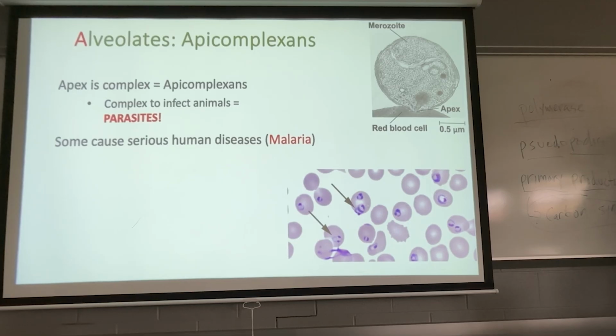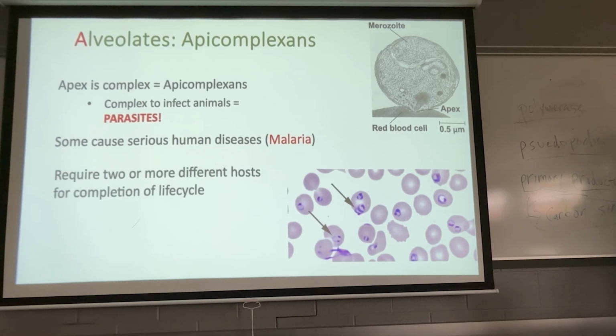Some cause serious human disease like malaria. Malaria does not only attack humans, it does attack other mammals. Malaria does have a very complicated life cycle, which we're going to learn. We're going to come back to life cycles. Woohoo! Learn their life cycles. There are two hosts. We're one, obviously. And then mosquitoes, right, are the other one. Mosquitoes are the other part of the life cycle.